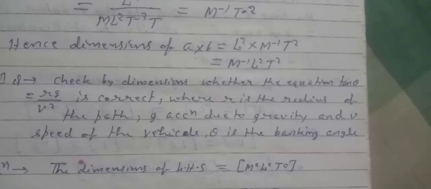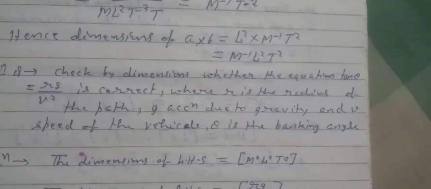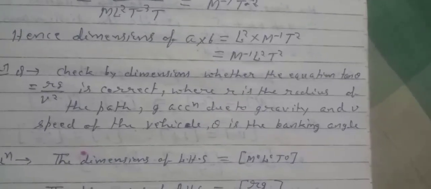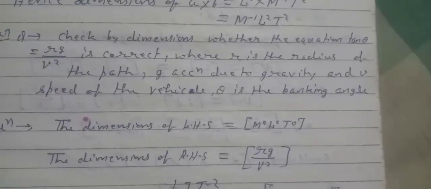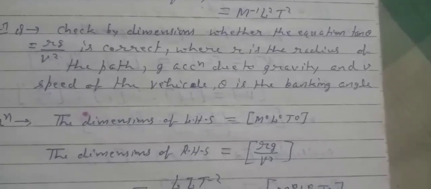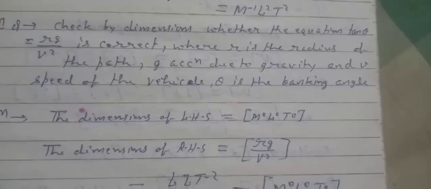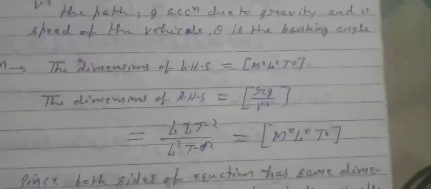Check the dimensions whether the equation tan theta equals Rg by v square is correct, where r is the radius of the path, g is acceleration due to gravity, v is the speed or velocity, and theta is the banking angle. The dimension of LHS is M⁰L⁰T⁰ because tan theta is a constant without dimension, and the dimension of RHS Rg by v square